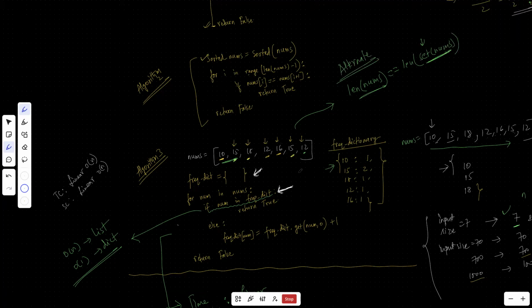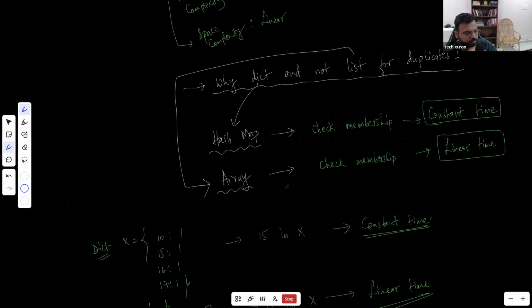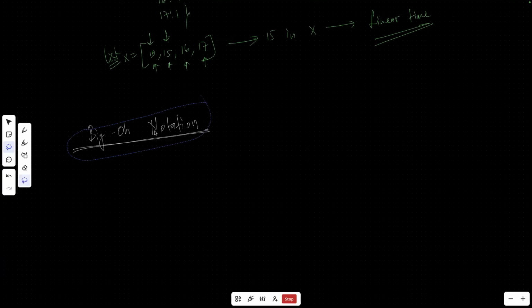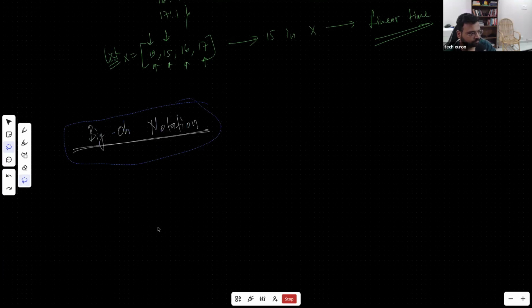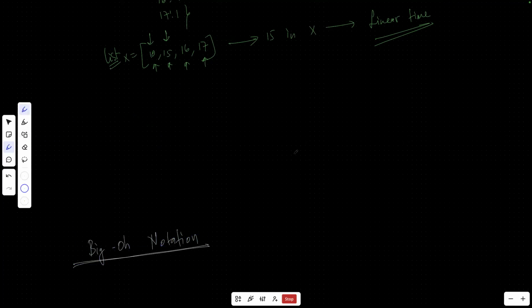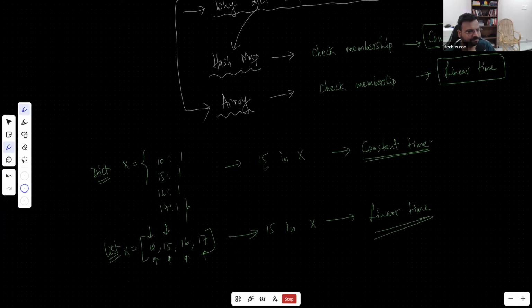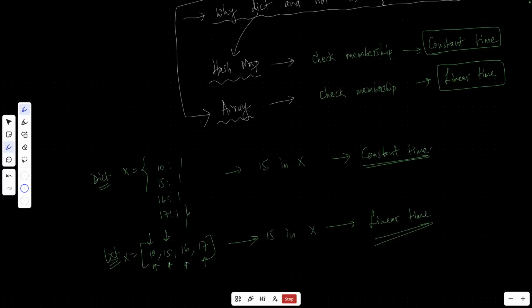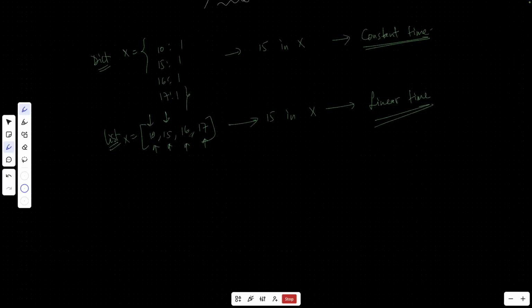So can you repeat this one? Alternate: length of nums equal to length of set. Acha. It is order of one, I understood, sir. But how is a hash map and set order of one? We will understand, today is only the first class. Hash map is a separate topic, we'll learn about it. You said that a dictionary is order of one, right? I will tell you, we'll talk about it when I start Big O notation.